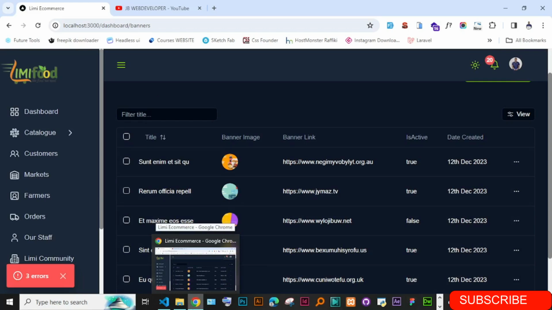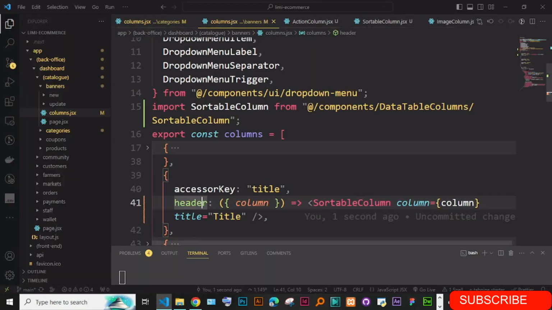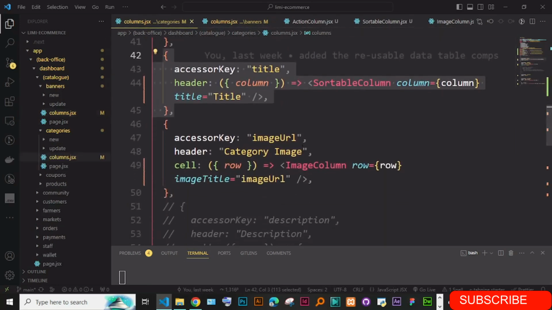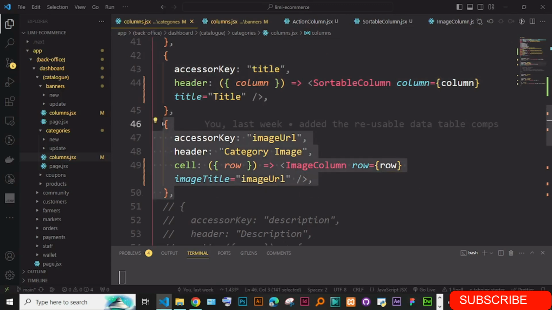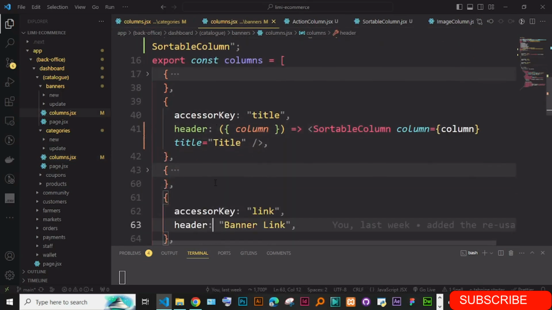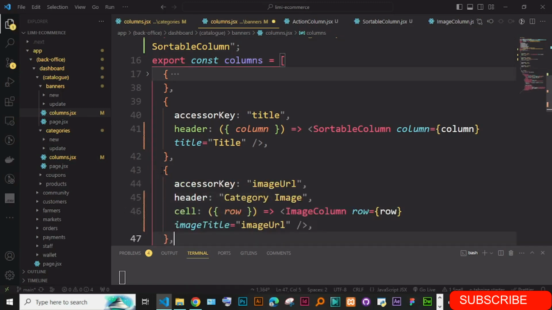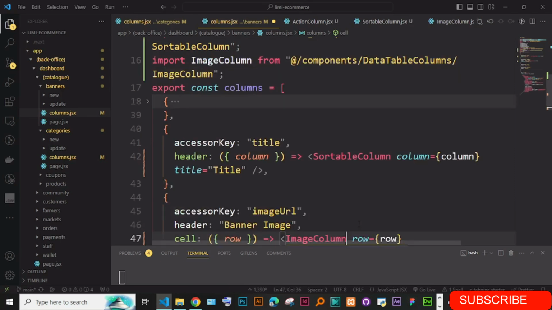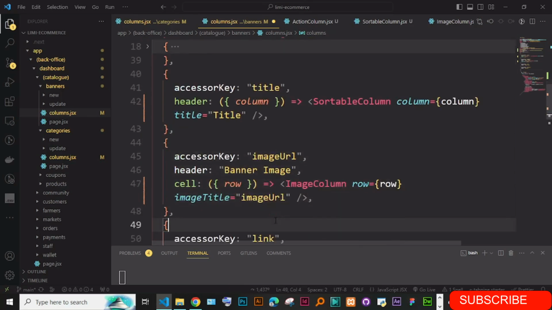Okay, we have the image and date created. So I'm just going to go back to the columns, and let's do the image. Simply copy this whole entire object, go here, and we have the image. I think it is this one. Okay, just do this. The only thing you have to do, first of all, this is the banner image, and I guess the accessor key at this point is,